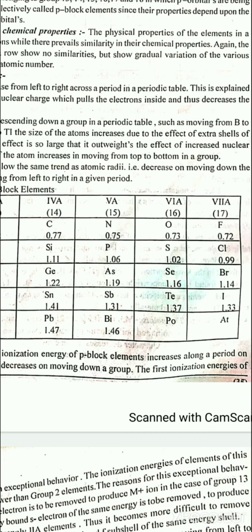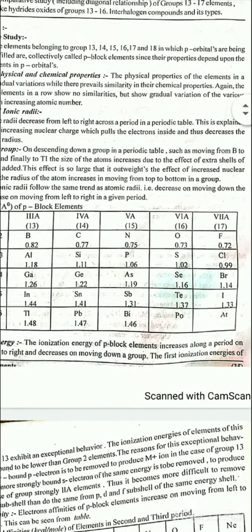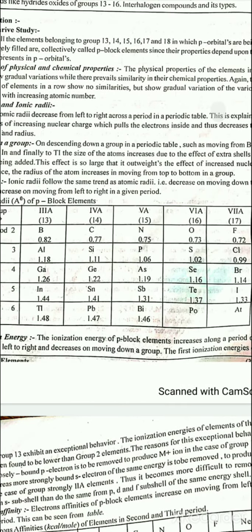It means the nuclear charge increases, which pulls the electrons inward and decreases the size, the radius. But when we move from top to bottom down the group,